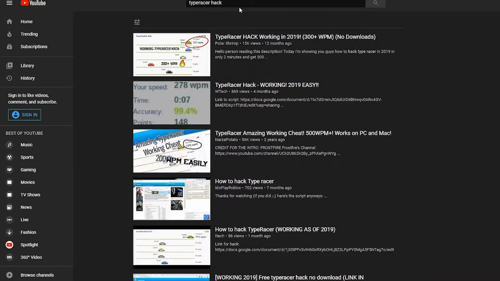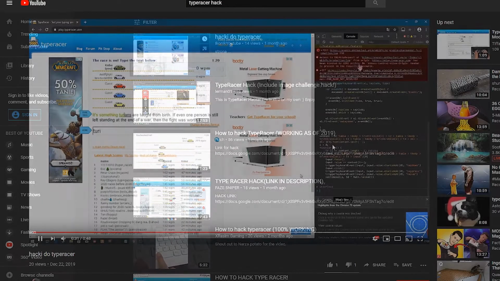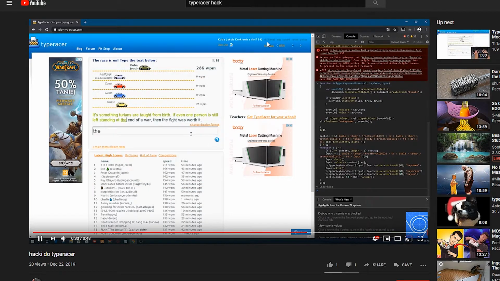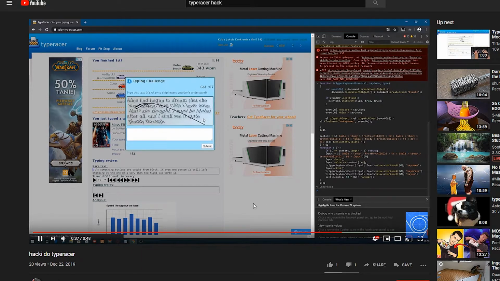You can find a whole library by searching on things like YouTube and Google, TypeRacer cheat or TypeRacer hack, and filter it by the upload date or the most recent result. Some of them don't even log out of their account while cheating in their videos, which gives you video evidence from themselves that they cheated. And this is where you go,